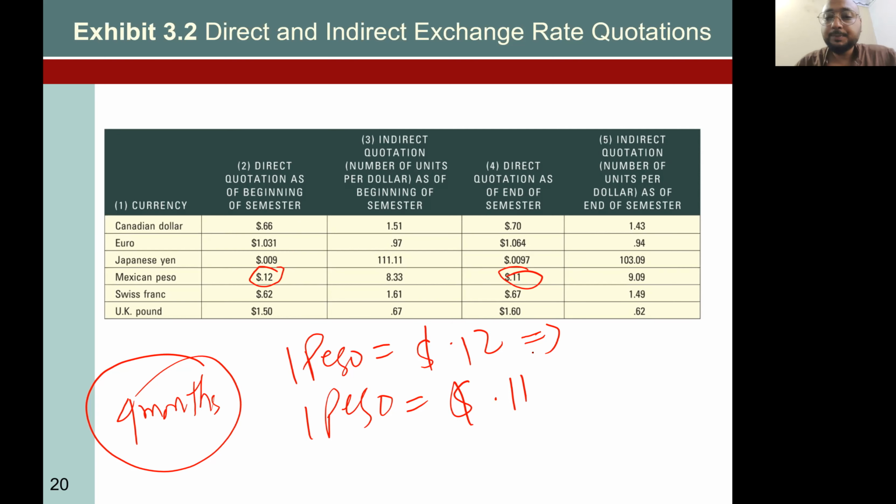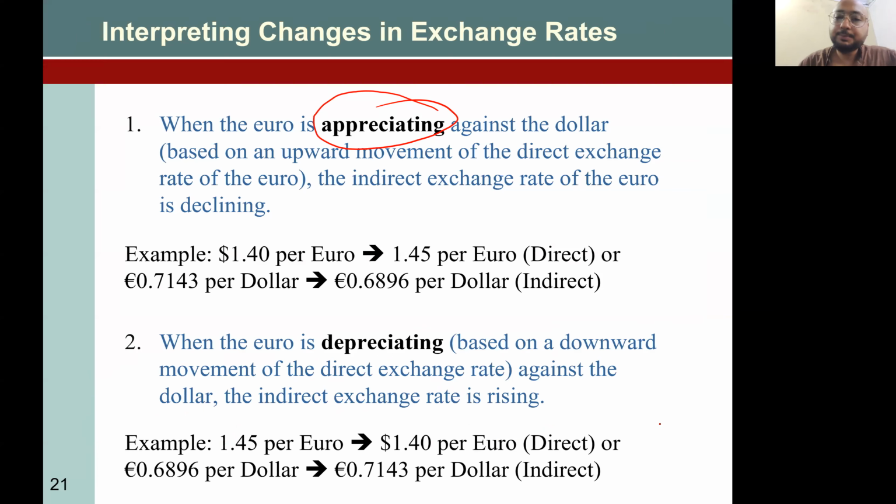And right now, if you want to buy it, it is 0.11. So its value, peso value decreased, right? Peso value decreased. So peso is depreciating,